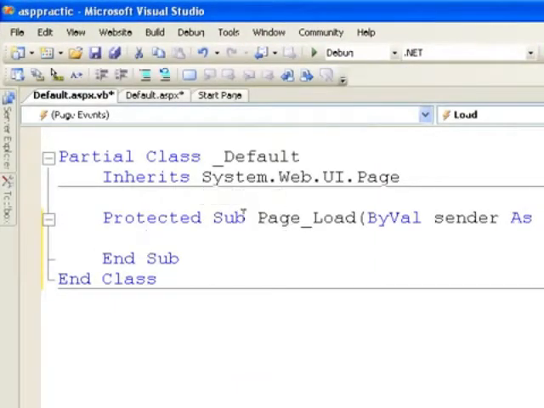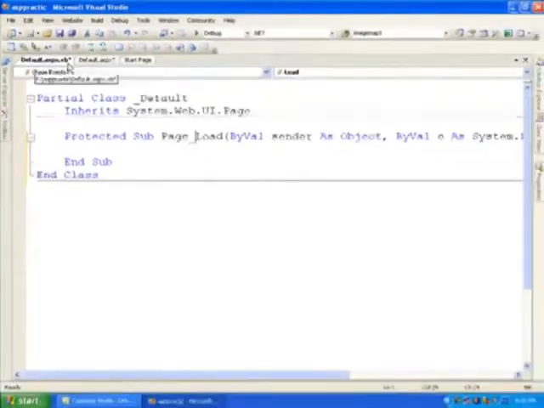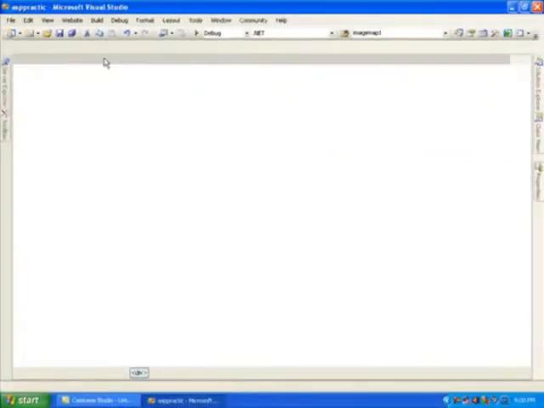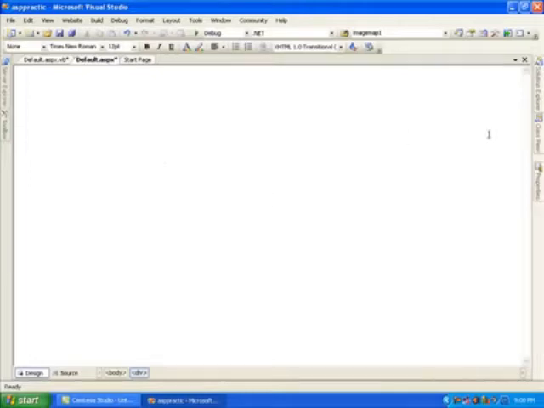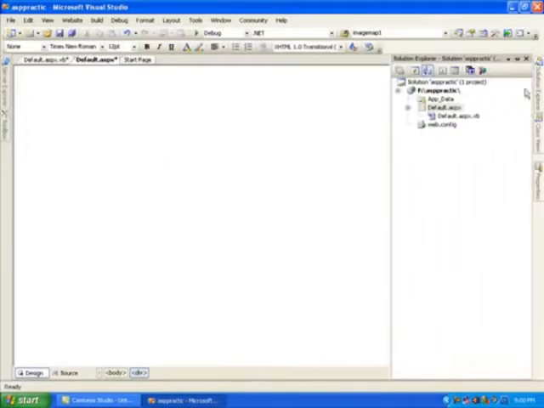This is the web page and the web page load event. It is clearly mentioned as a protected sub. If you see, there is a clear difference, and another thing is default.aspx.vb. Previously the basic language was Visual Basic, so my language is VB. If I select C sharp, then it will be .cs. If I select J sharp, then .jsl will be available to all of us. Default page, and into the default page we will move ahead as it is.